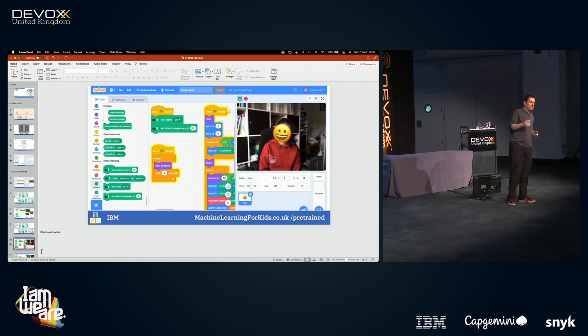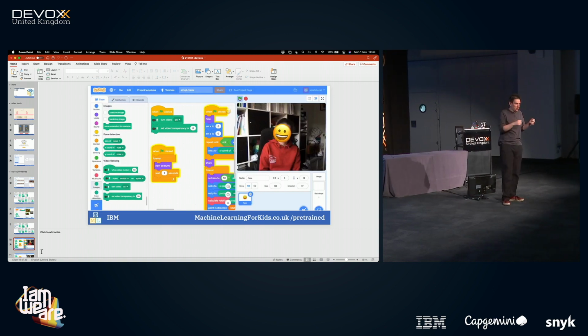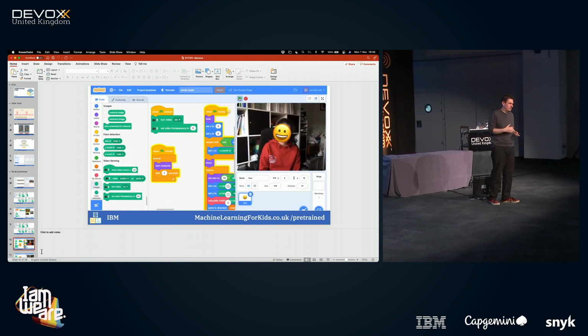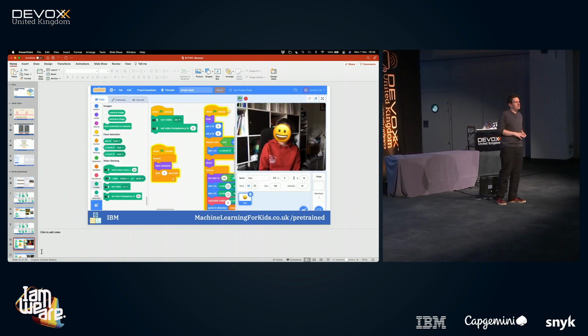Because you can draw an image in Scratch from the webcam, quite a lot of them will draw it on paper, hold it up, and click the camera button as a really quick and simple way of getting their drawings into it. So that's really, really common. When they want to make a character in a game, they'll draw it out and then hold it up.